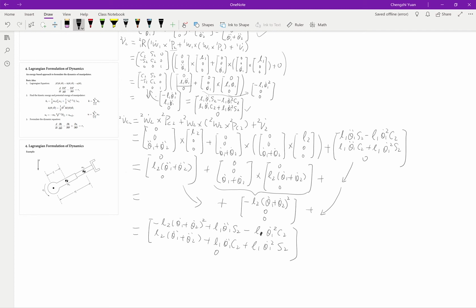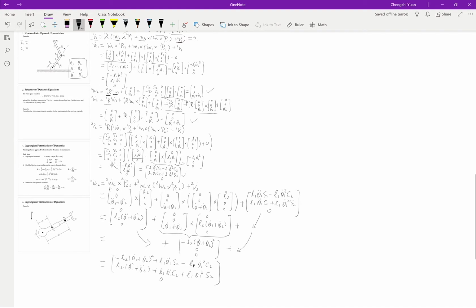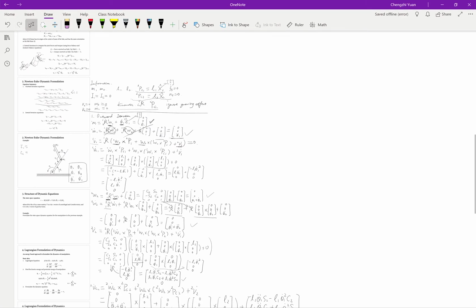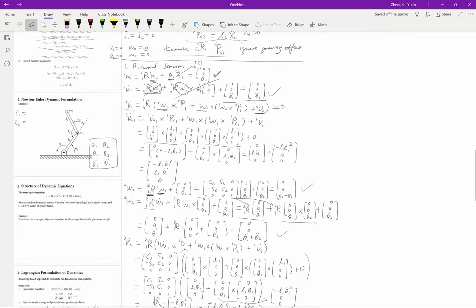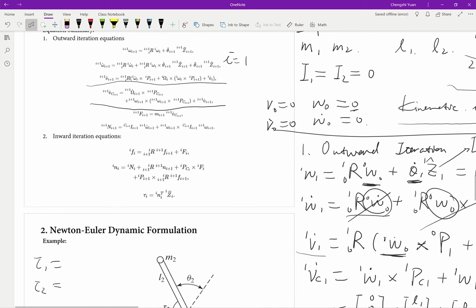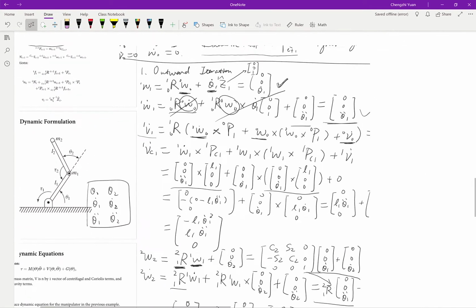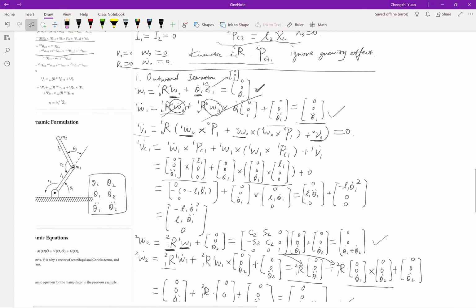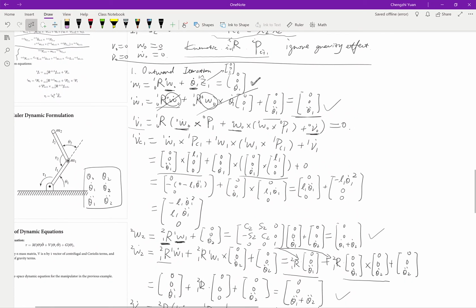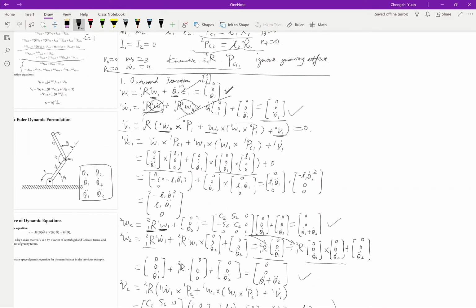Okay, so up to this point we have figured out the acceleration of the center of mass of the second link. And the next step, we can apply the last two equations here to derive how much force and moment is applied to each link. So following the equations here, we can figure out,